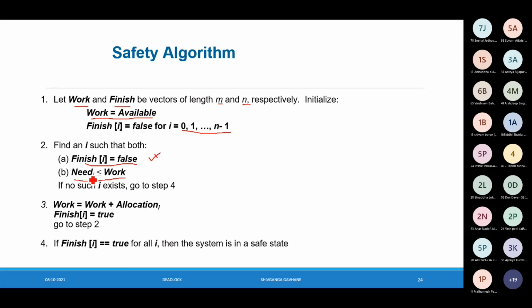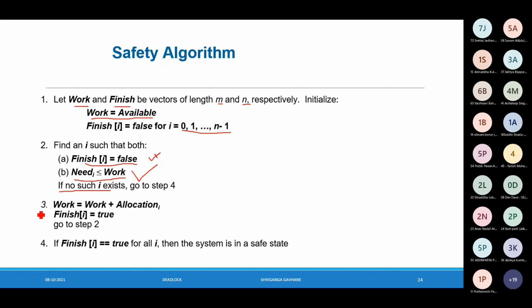And if my need of process i, जो मैंने अभी सेलेक्ट किया है जिसका एग्जीक्यूशन कंप्लीट नहीं हुआ वो प्रोसेस, so need of i if it is less than or equal to work, that means जितने भी रिसोर्सेस अभी सिस्टम के पास अवेलेबल है उससे अगर वो प्रोसेस का एग्जीक्यूशन कंप्लीट हो सकता है, then allocate to that. Okay, and see both the conditions should be true. That means प्रोसेस का एग्जीक्यूशन अभी तक कंप्लीट नहीं हुआ है, ऐसा ही प्रोसेस हमें चाहिए, and उसका एग्जीक्यूशन कंप्लीट करने के लिए जितने रिसोर्सेस चाहिए those resources are there available in the machine. अगर ऐसा कोई प्रोसेस आता है तो